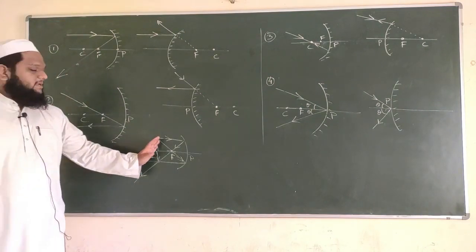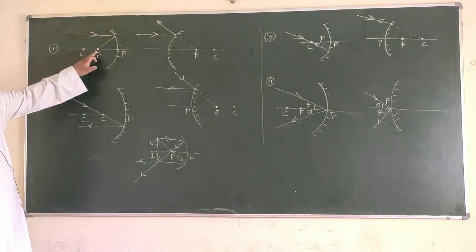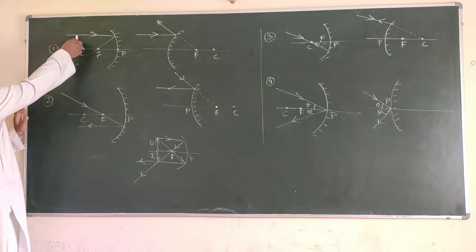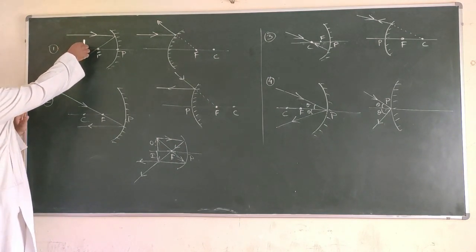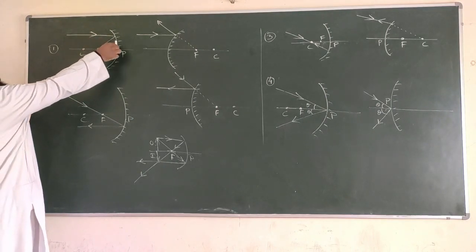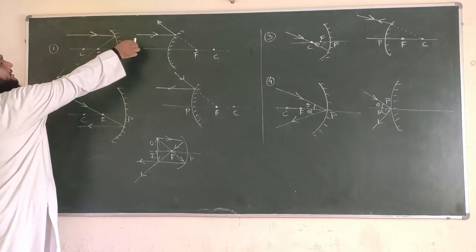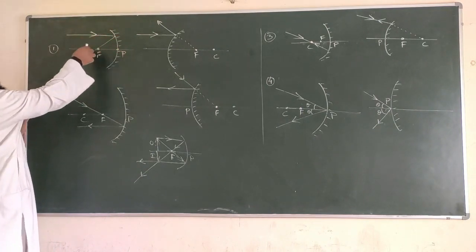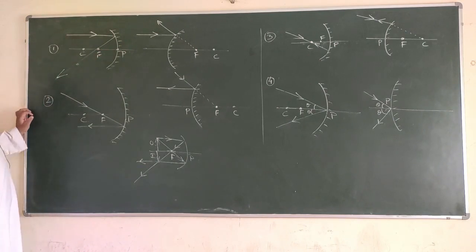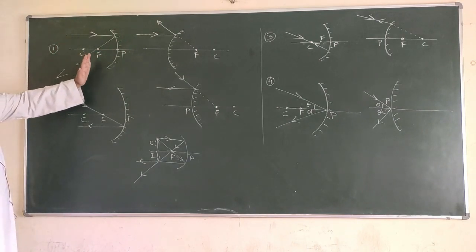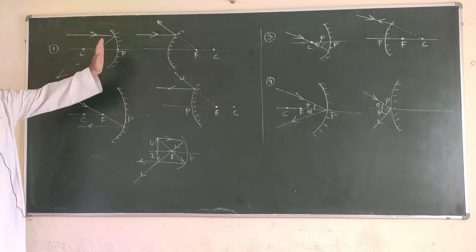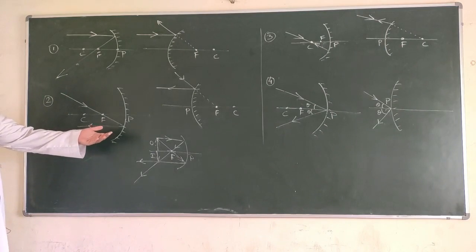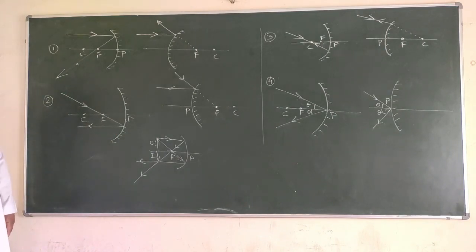In the same way, many more positions will come. Obviously the center is there, the principal focus is there. So the object can be kept here, it can be kept on C, between C and F, between F and P, and also in front of the pole. So there are so many positions, and based on that, the image will also be formed. Where I keep the object and where the image will be formed can be found out by following these four rules, to understand how each ray reflects and where it forms the image. I hope this is clear.